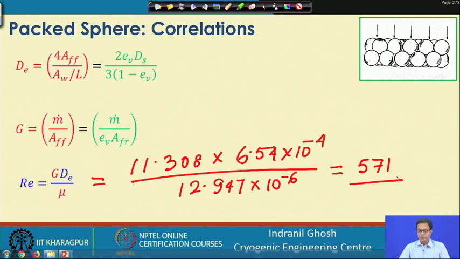So, now we know the Reynolds number, and once we know the Reynolds number, we can decide which correlation we have to use for the friction factor, and we already know the correlation for the Colburn J factor. So, now if we go back to our discussion,